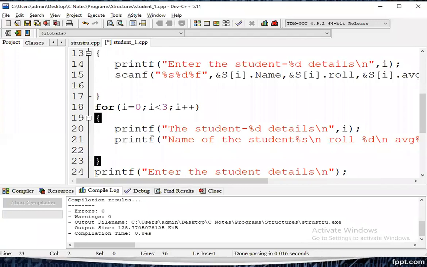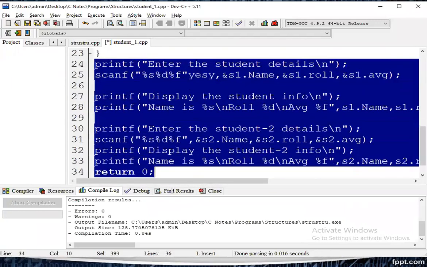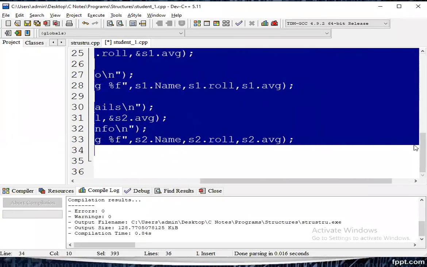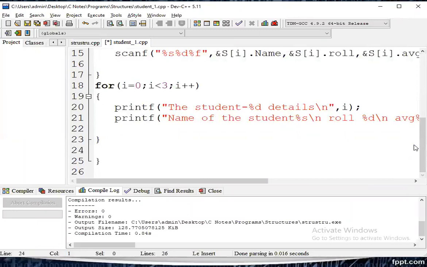The remaining things are not required, so I can delete all the following pattern. Let us save. Let us compile. No error.